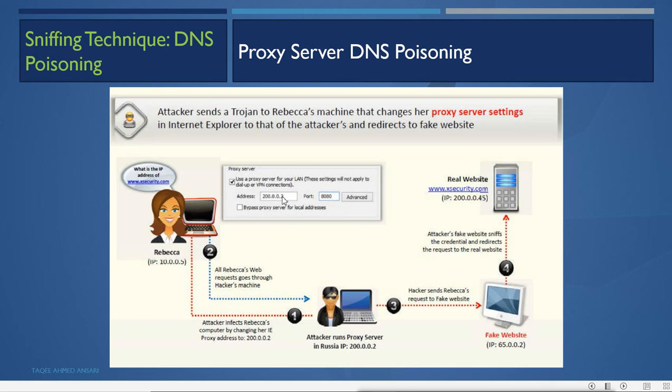And proxy setting means whatever traffic it sends from that browser, it will go to that proxy server first. Now the proxy server's IP is the attacker's IP. So the attacker makes its own machine's IP the proxy server and infects this victim by changing its proxy setting. Now what happened? If this user sends any request for a website, it will go to the attacker's machine which is running the proxy server, and it does what? It will redirect the user to the fake website, and then again it will log the information and then redirect it to the real site.